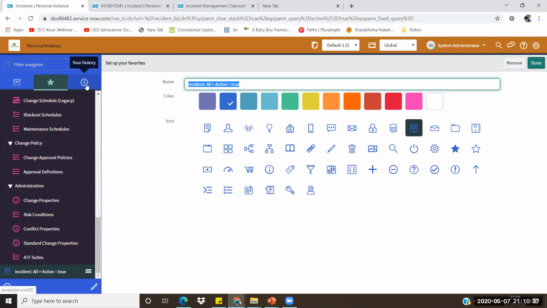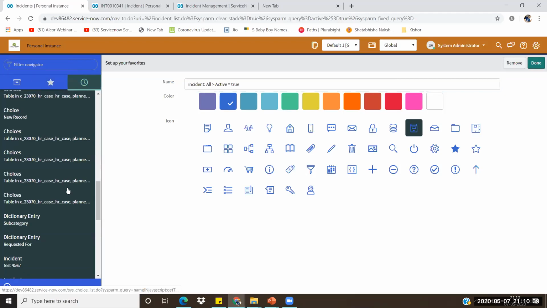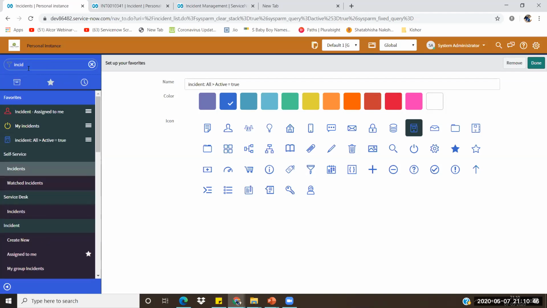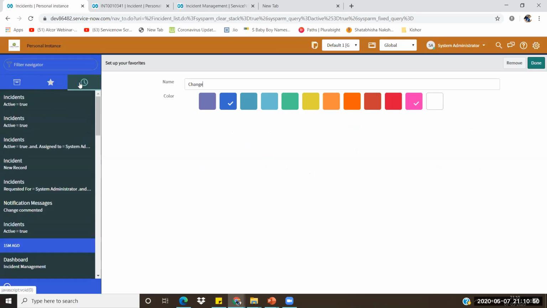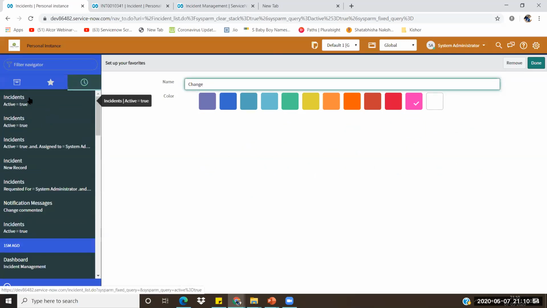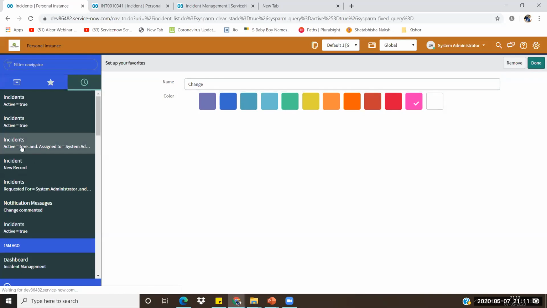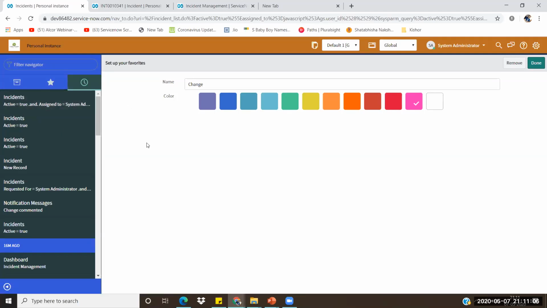And the next one is what we call your history, right? Whatever navigation you are doing on the form, for example, first I go to the incident and then I go to the change, all this navigation is recorded over here. We call that history. If I want to go back to this particular history, I can directly click here, rather than going back step by step. I can use the history to access the previously used